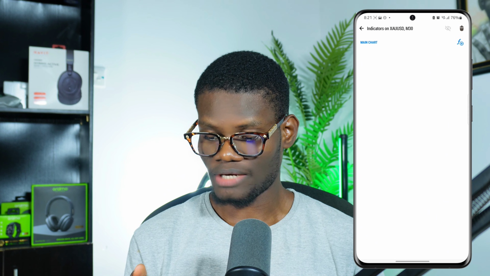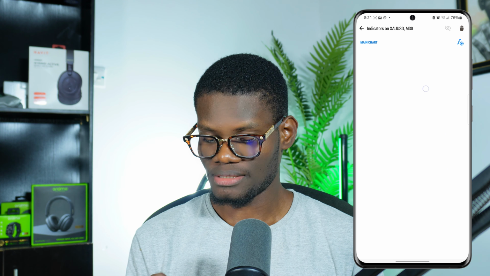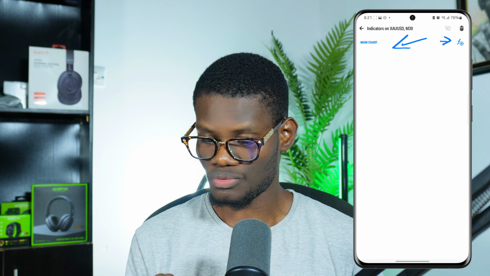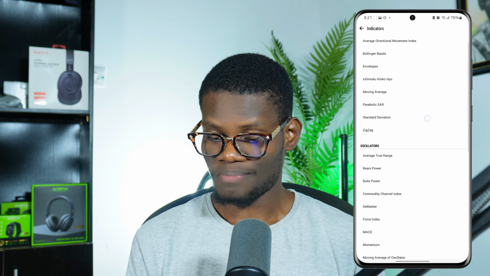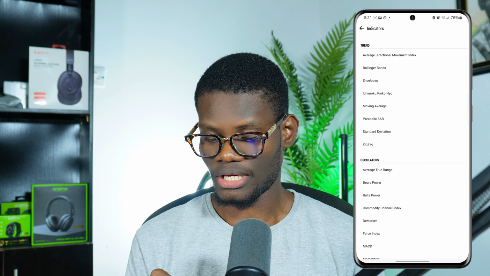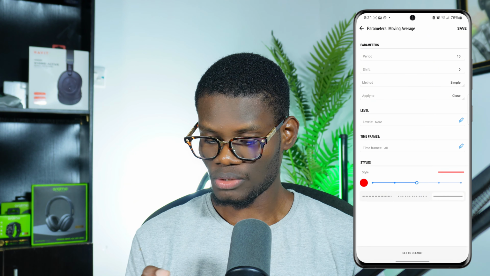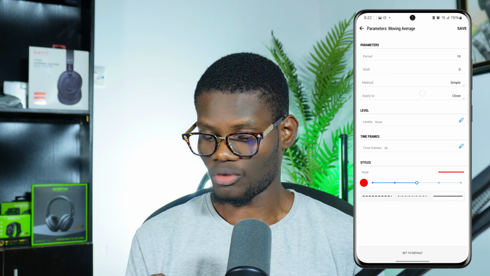Once you click on the second icon, you're going to get to this page. And now you're going to see main chart. You're going to see this main chart text here, and you're going to see this icon close to main chart. Now click on this particular icon. Clicking on it, you are going to see your indicators, and I'm sure you can see moving average here. So you click on moving average